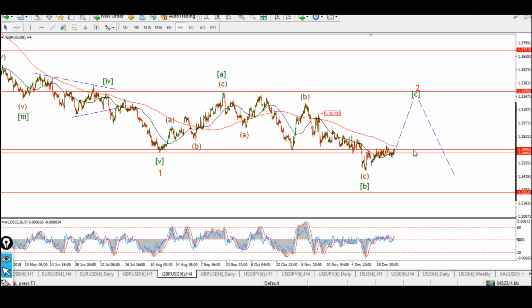or if you count that previous interim low there, we're sitting right at a band of resistance, and the market does not seem to want to push above it right now. And you can see the 200 moving average line there on the 4-hour chart is holding price below it for the moment. So we may not be out of the woods in wave B yet,